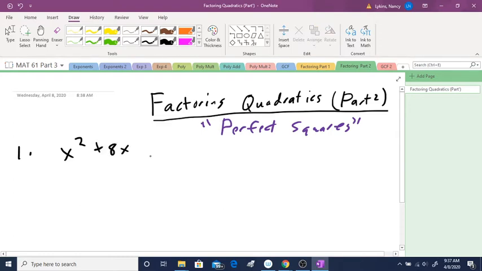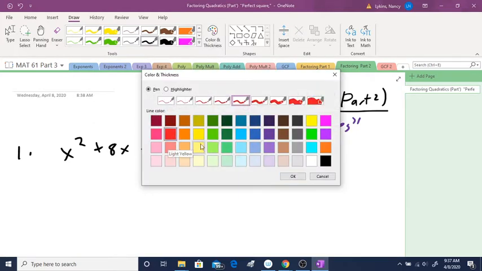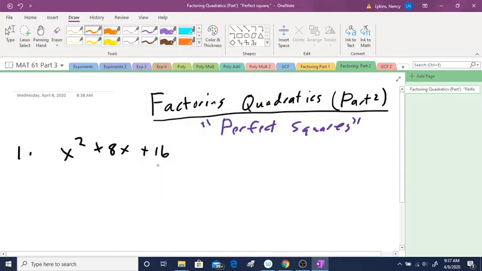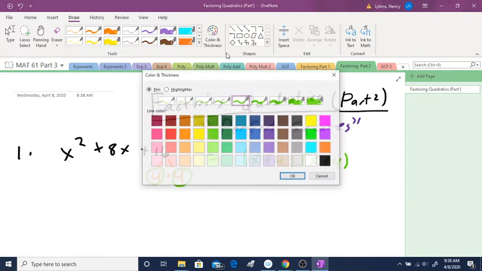Now, so if I got x squared plus 8x plus 16, my first instinct, and this is going back to factoring, is I want to take the 16 and make it 4 times 4 because that's a perfect square. Now, look at these factors. Since that is a plus 16 and that's a plus 8, I know that 4 plus 4 gives me that 8. So I could say x plus 4, x plus 4. I mean, we can FOIL that out and check it, but now